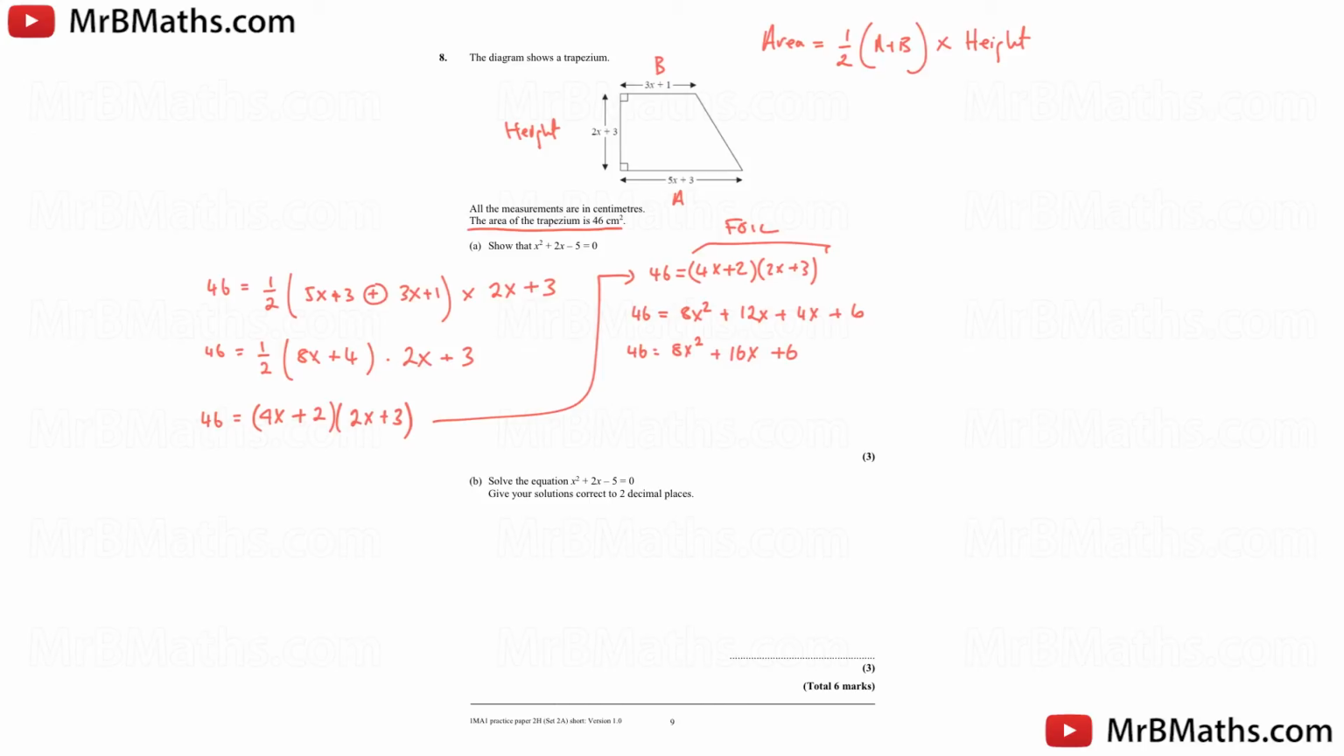like that. And it says show that x squared plus 2x minus 5 equals 0. So if I now just write this as 8x squared plus 16x plus 6 equals 46, I need to make it equal 0. So I need to subtract 46 from both sides. And that would leave me with 8x squared plus 16x minus 40 equals 0. If I then write that up here again,